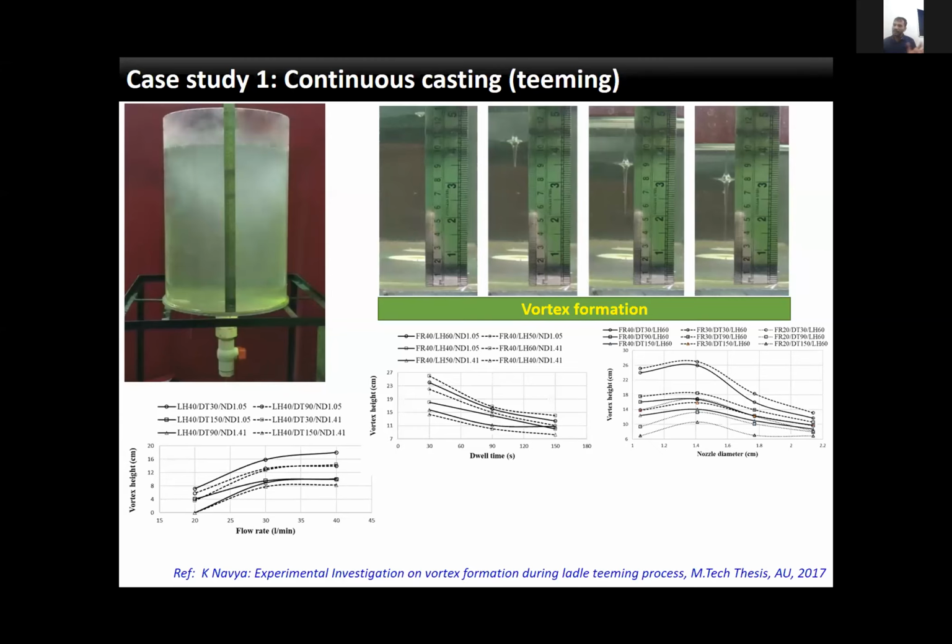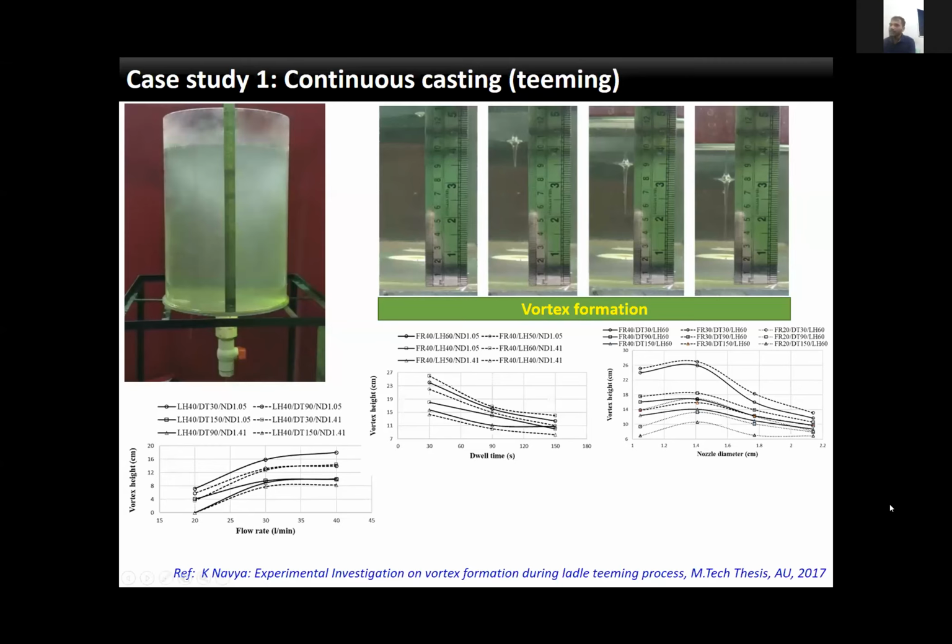Okay. Another thing is the dwell time. Dwell time is the standstill time I give after filling the vessel, before I have to open the nozzle, that is, the tap hole or teeming hole nozzle. So the time lapse between filling completion and opening is called dwell time. If I extend the dwell time, the residual motion in the water will die out. So a combination of flow rate and dwell time will simulate the residual motion in the water, which will simulate the residual motion in the liquid steel.